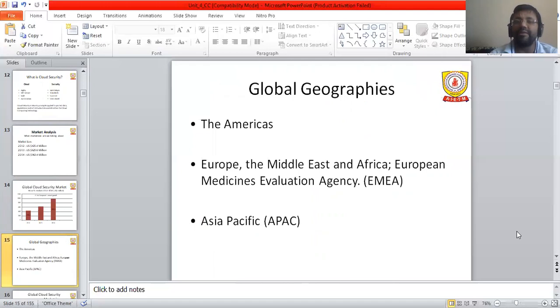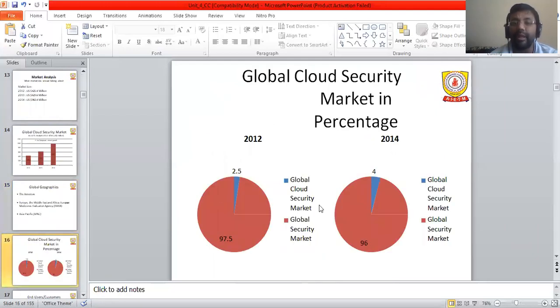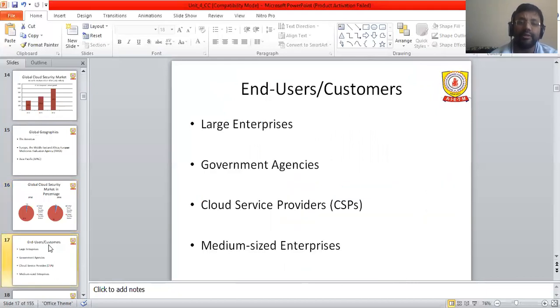Now, the global geographies: the Americas; Europe, the Middle East, and Africa; and Asia Pacific, APAC. So these are the global geographies in the field of global cloud security. This is the percentage of the global cloud security market in 2012. If we look at the blue color, the global cloud security market versus the global security market is 97.5%. In 2014, the global cloud security market is around 4, and 96 is the global security market. So through this Venn diagram,